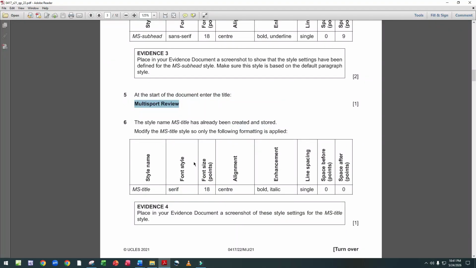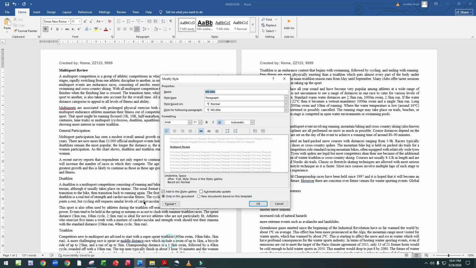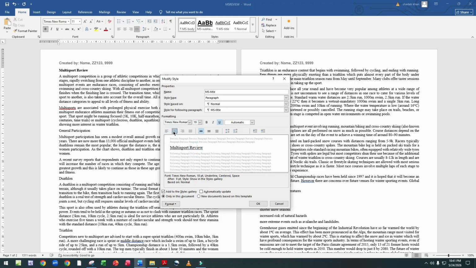Font should be serif, font size 18, alignment center. Serif means Times New Roman. Size should be 18. Alignment is center.